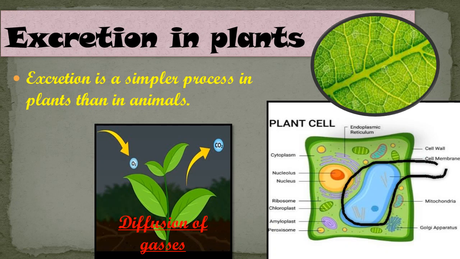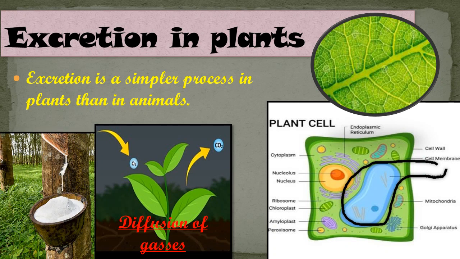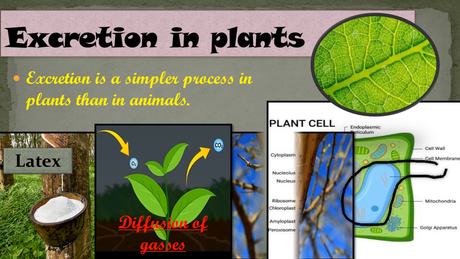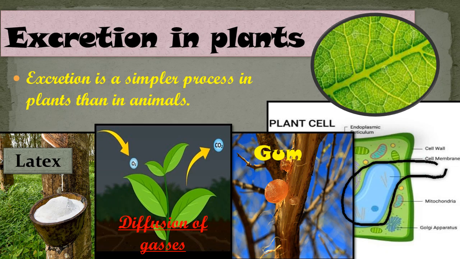Fruits and the bark of the stem, after some time these parts fall off, and some other waste material is stored in old and worn xylem in the form of resin and gum, and some waste material is also given out through roots into the surrounding soil. So this is a gum, and in the left hand side picture you can observe the latex of the plant. These are all waste materials which have been secreted out by the plant.